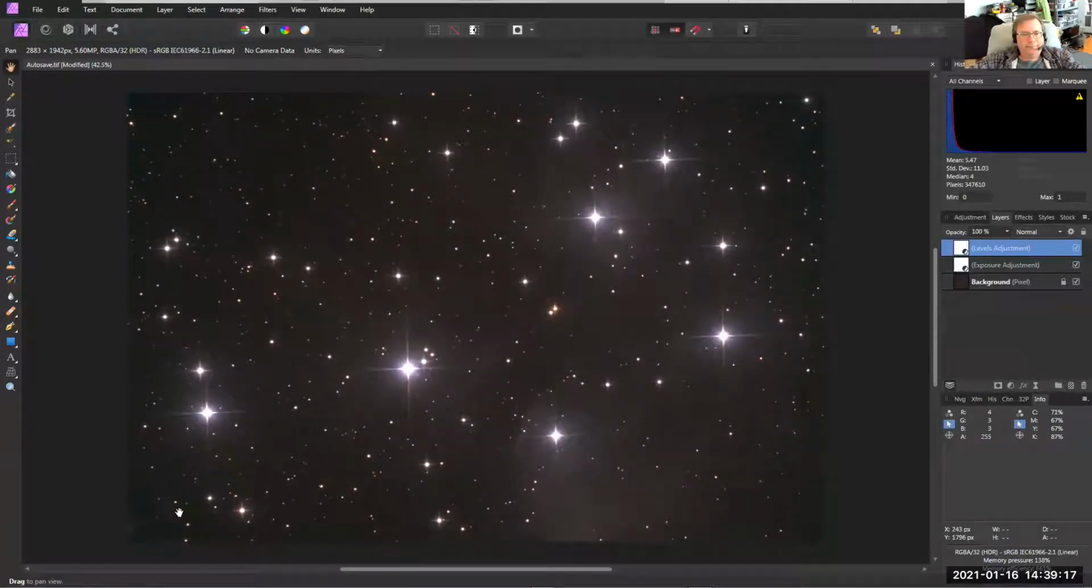We still have a problem. You can see this is probably a flat problem because it's dark in the corners and brighter in the middle. And that's an example of probably vignetting. I took this on a fast Newtonian, so there's a pretty stark light drop off towards your corners, and the flats didn't quite correct that. So there's a tool in Affinity that can help us with that,